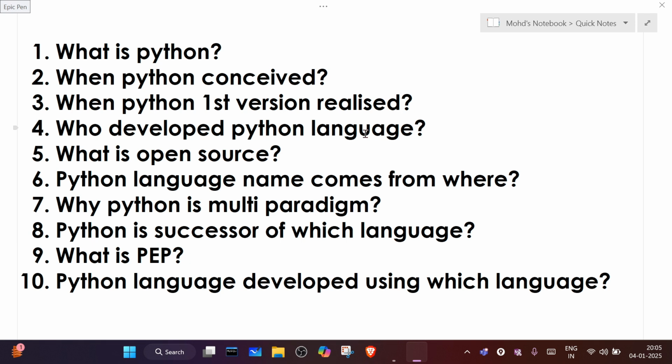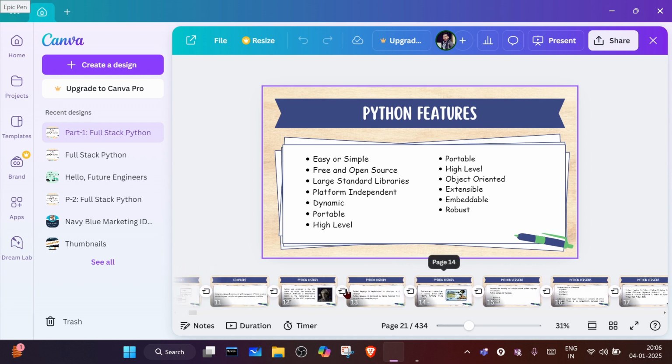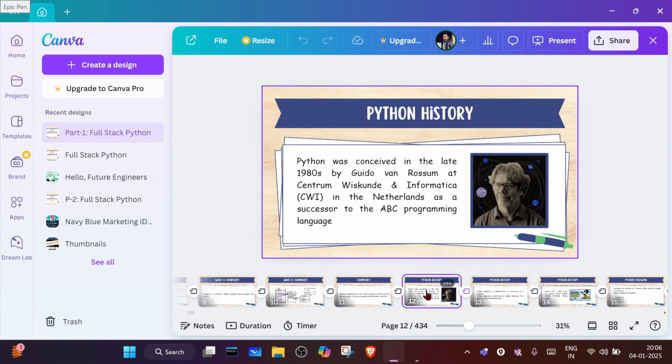All right, so the first version of Python was released in 1991. We have discussed this. In the slide, it is written that Python was conceived in the late 1980s.